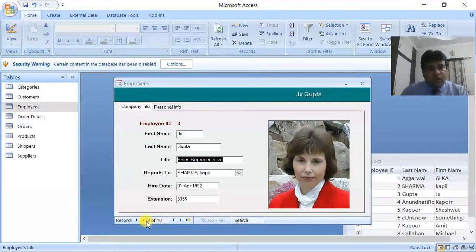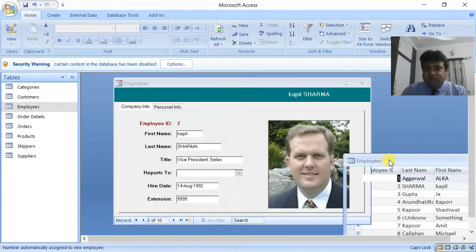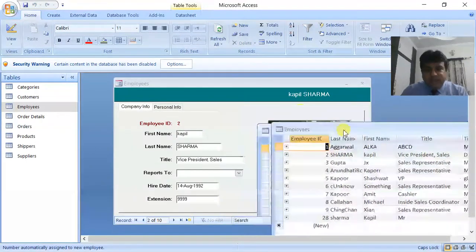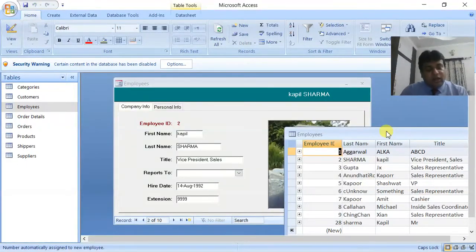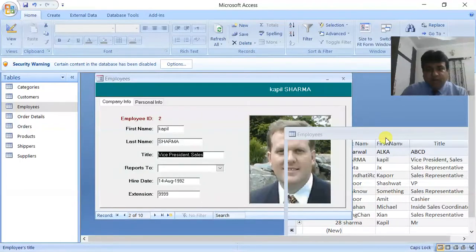So in most of the cases, what will happen? This is your backend. Backend means your tables, and this is your front end. Even your WhatsApp has tables. Every software that you are using, either to book tickets or to purchase something online or to do anything, has two portions. That is number one, front end. Number two, backend.